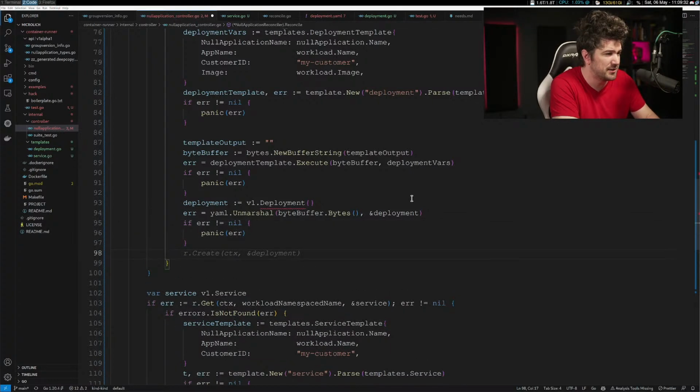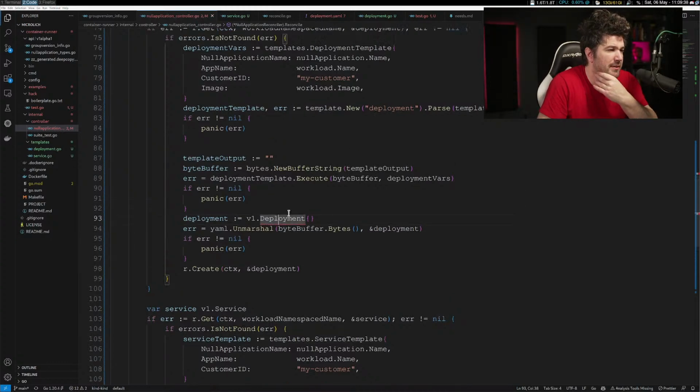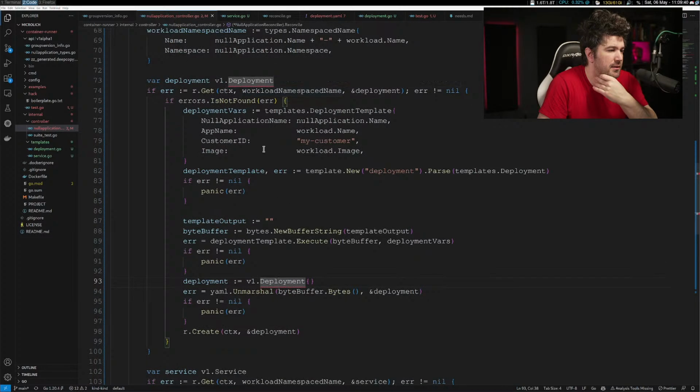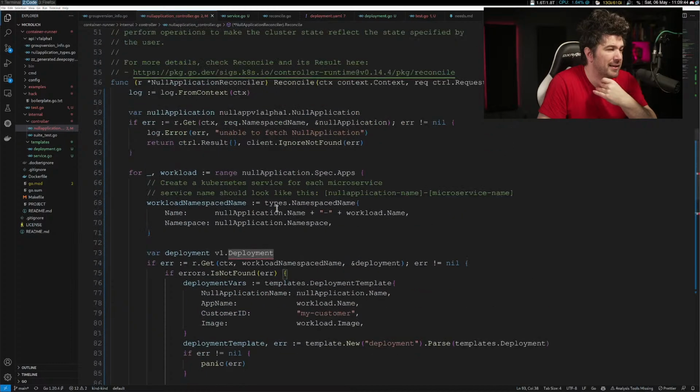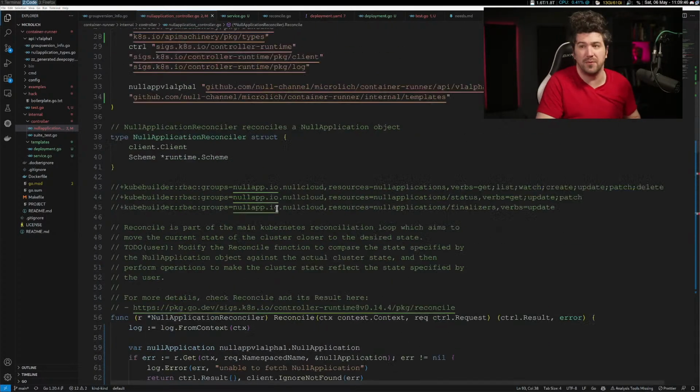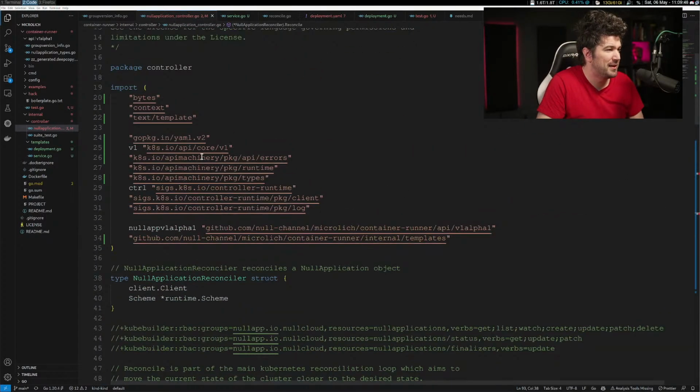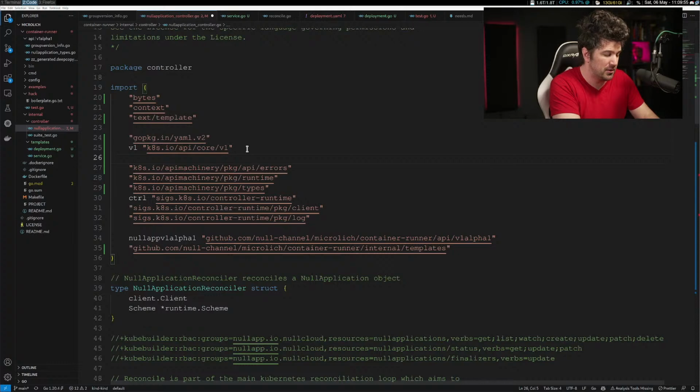Looking questionable. What do you not like about this? Undefined deployment. What? Okay, so this is painful when dealing with Kubernetes. This is in core v1, but I believe deployments are in apps v1. So apps,